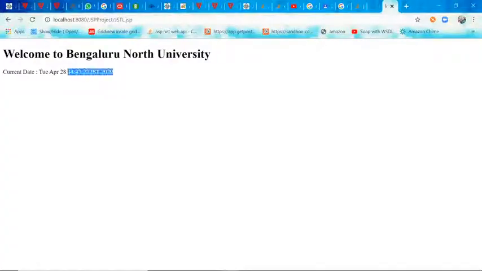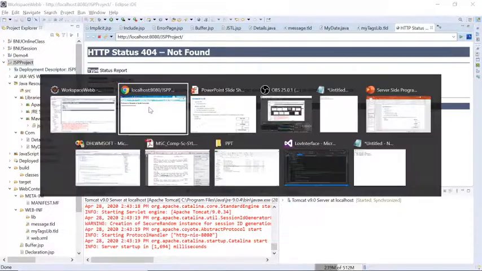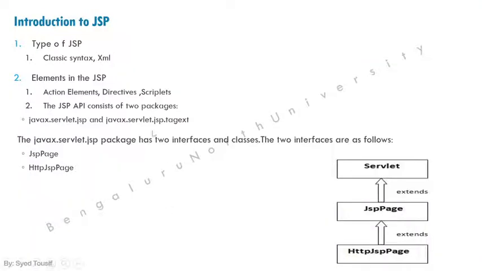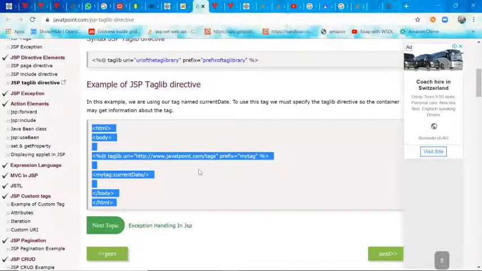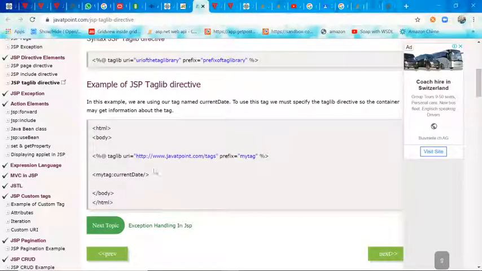You can check out, current date is showing the date. This is the use of JSTL. You can create your own tag, and after creating, you can publish your tag. And another thing, if you want to publish this tag on the web, it will be like this.